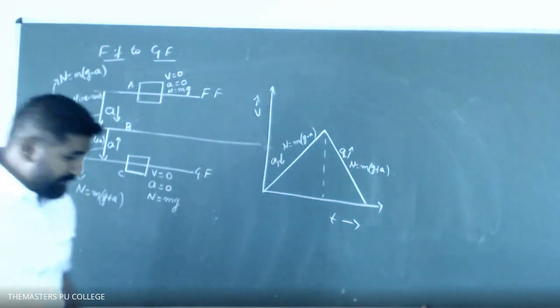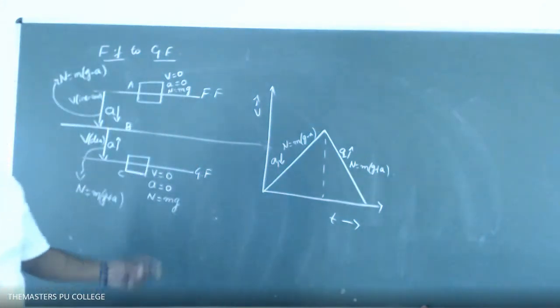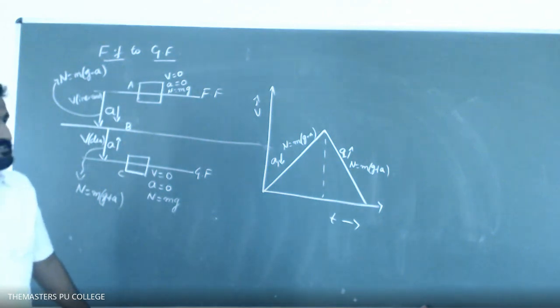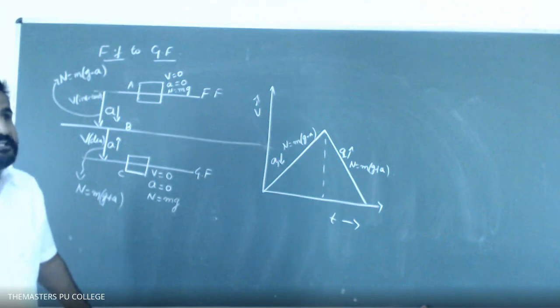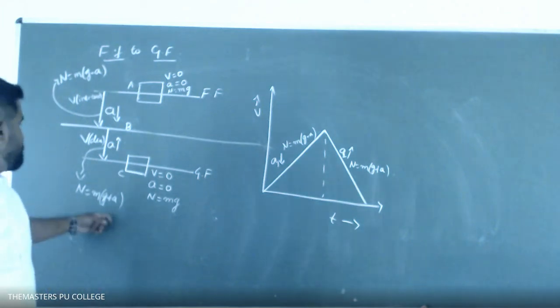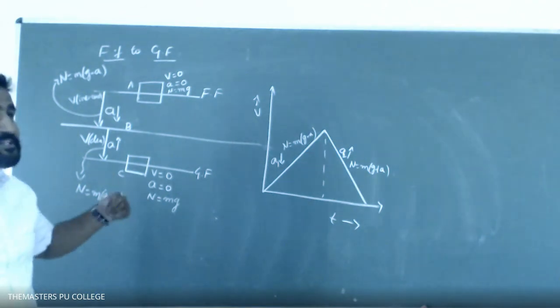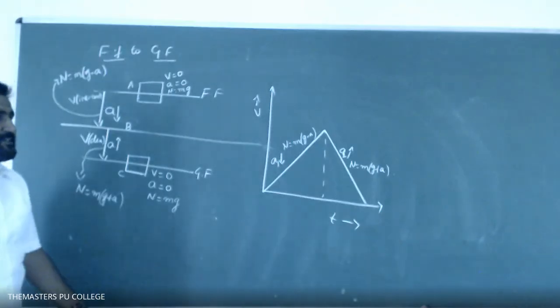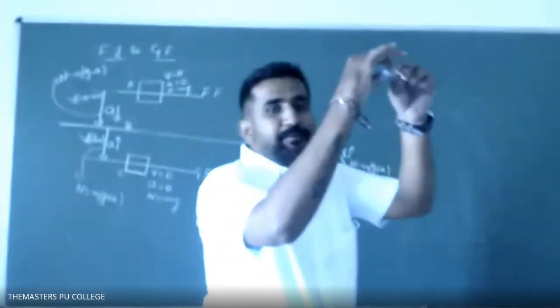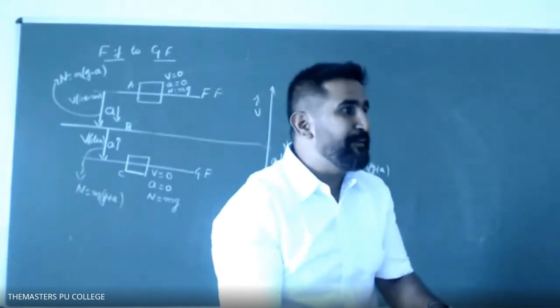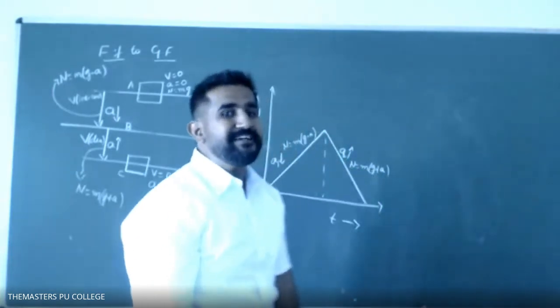Ground to top, apparent weight will be greater than the true weight initially, then apparent weight will be less than the true weight. So what is the moral of this story? What you are learning from this is that our formulas are not dependent on the direction of velocity. It depends on acceleration. Even though the lift is moving from top to bottom, if the acceleration is acting up, then apparent weight will be greater than the true weight.